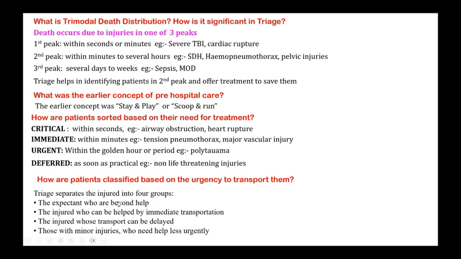If he is on the verge of death, don't transport the patient. A patient who can be salvaged should be immediately transported, like a patient with pneumothorax and other vascular injuries. And patients who can be delayed, for example, polytrauma with multiple fractures but stable cardiovascular system, you can wait and transport them. And patients with superficial injuries who are walking in, who are fully conscious, alert with good hemodynamic stability, they can be treated at the site of injury itself without transportation. So these are the 4 categories for transport, 4 categories for treatment.